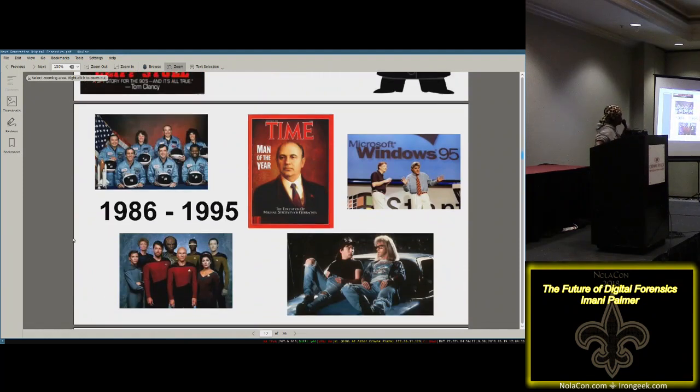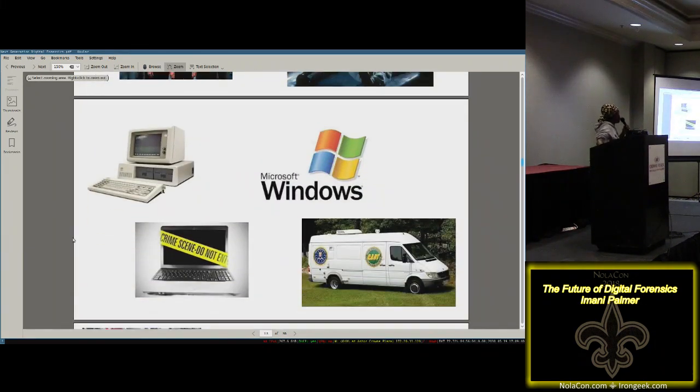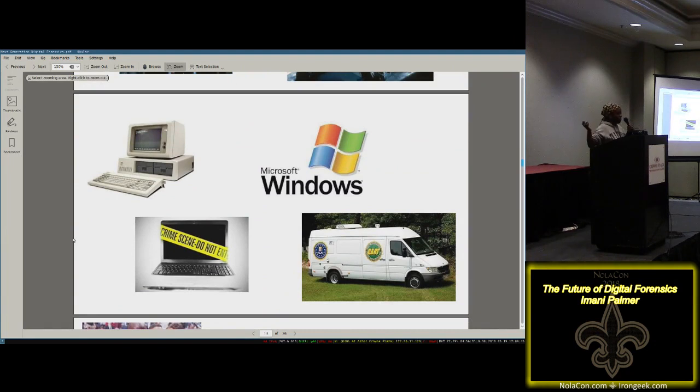Skipping on from 1986 to 1995, the better Star Trek came out, Next Generation. We had great times, we had different great years. Windows 95 is really rolling. And so we had a little bit easier time. Everybody was using Windows, so everybody only needed to use Windows. Great old PCs that no one traveled around with, and those really large suitcase things that I've seen only on TV, because obviously I'm just not that old, guys. And the FBI started their Computer Analysis and Response Team, the CART unit.